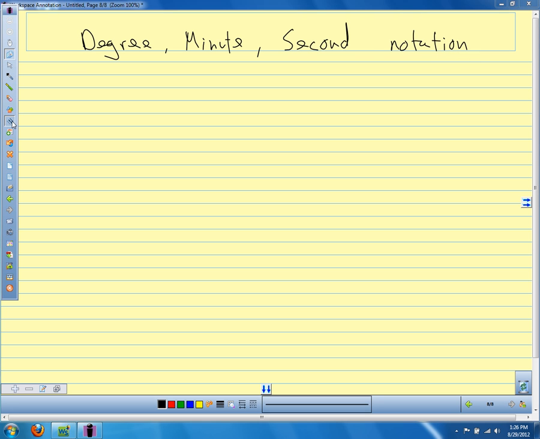Sometimes you'll see angles, and this is a little older way of notating angles, written as, for example, 245 degrees,